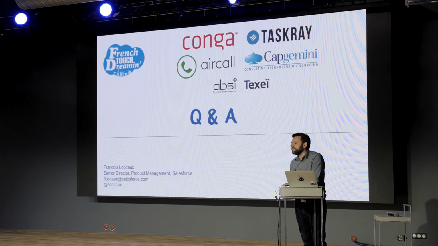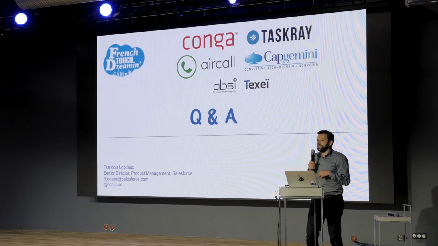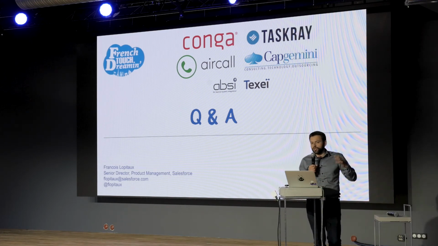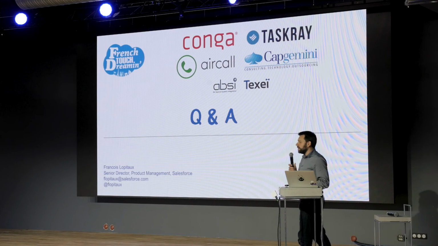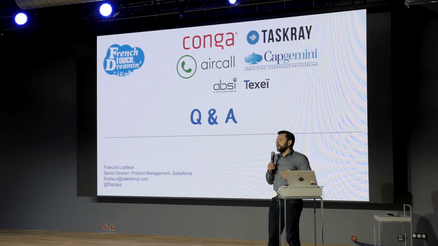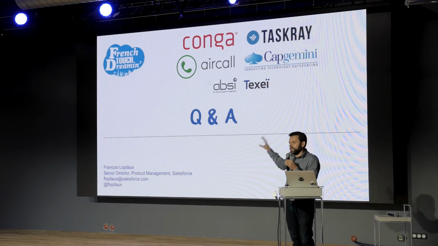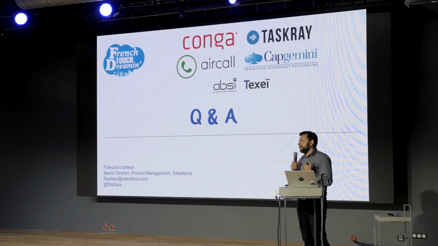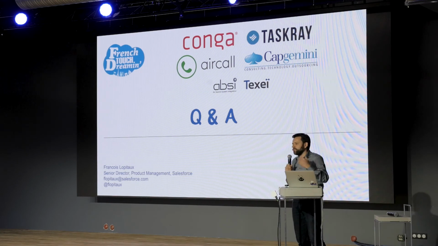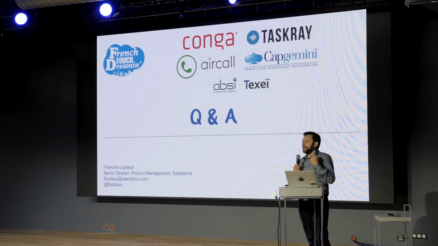So a question about the R code: can I change the R code, tweak it, and do my own stuff if I want to? In our product, you cannot do that. What we are doing is creating and generating the model for you. If you want to tweak it and make it your own, you will have to take it and run it on another platform. But really, it's not a tool for data scientists to tweak and create their own stuff. It's more for an analyst who wants to do analysis, understand their data better, and be able to write it back, without a huge background in data science.